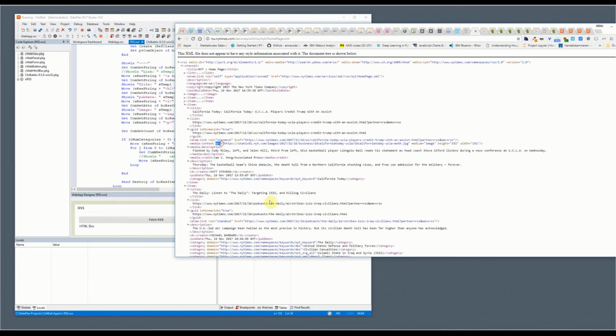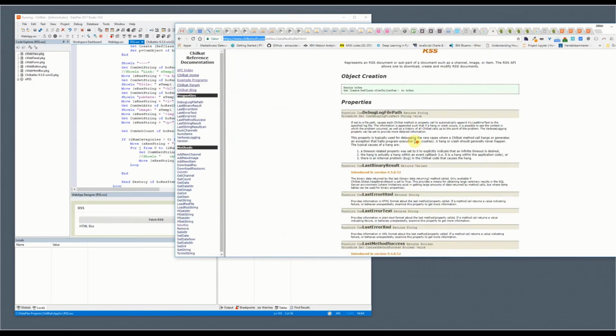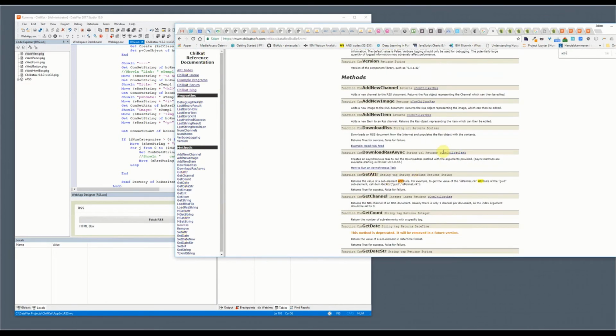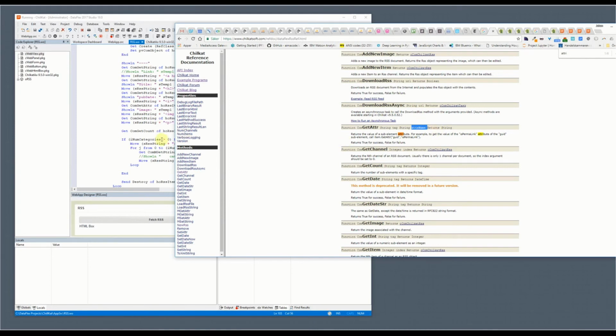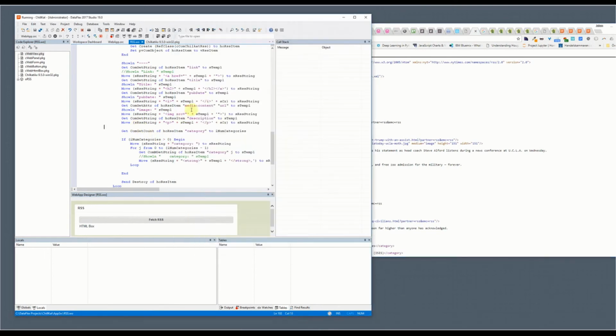It's actually an attribute, and then you can look at the documentation and see if we can find some attribute. So we want to get the attribute, and it takes the tag and the attribute name as input strings. So then we should be able to just get the media content and the URL, and that is